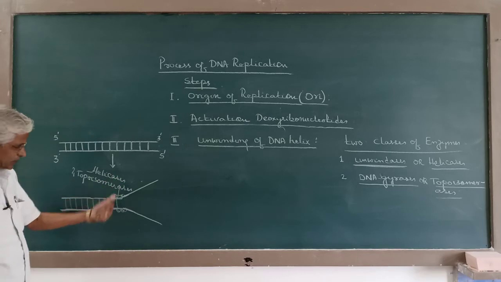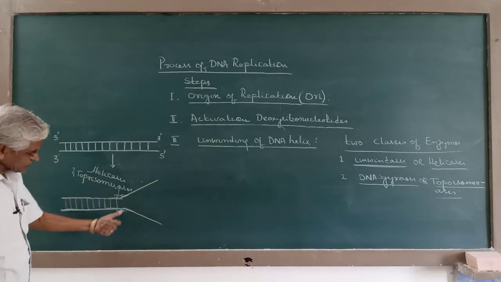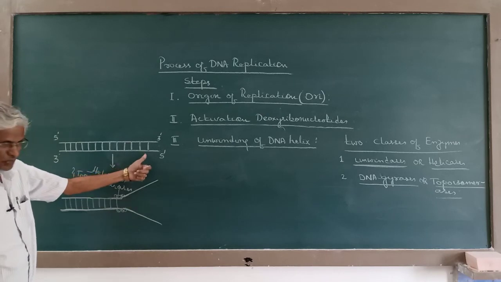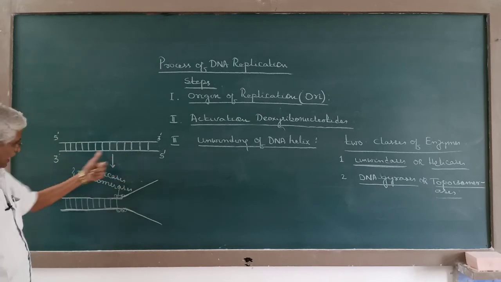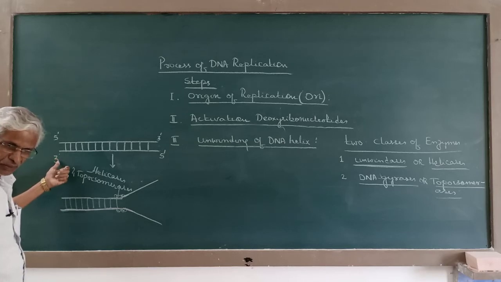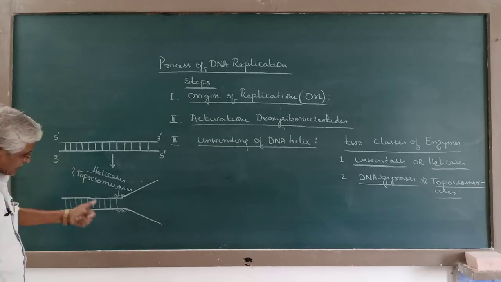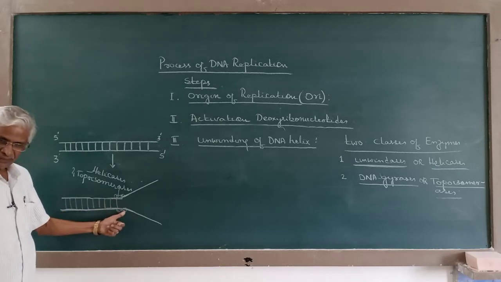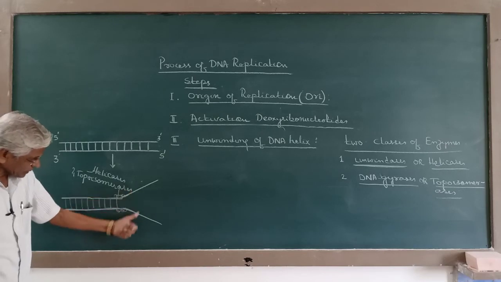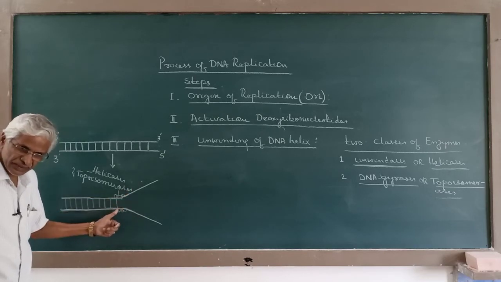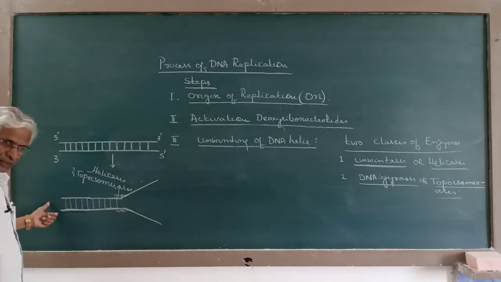So helicases and topoisomerases will separate the two strands of DNA at one end, and the stress or the tension that has been generated at the opposite end will be relieved by cutting one of the strands and resealing. So after separation of these two, one of the strands will be cut and resealed,